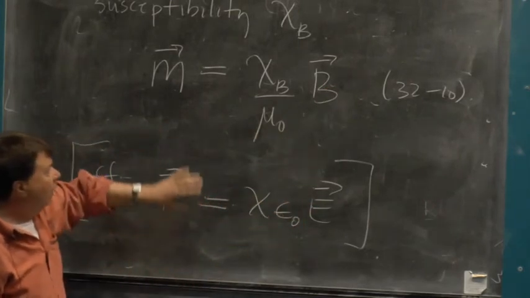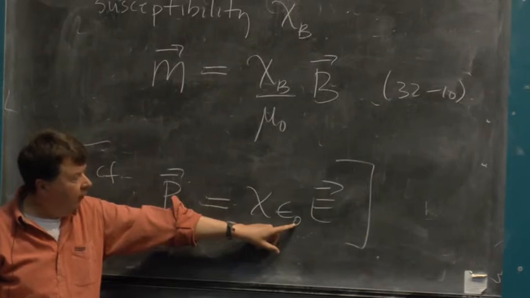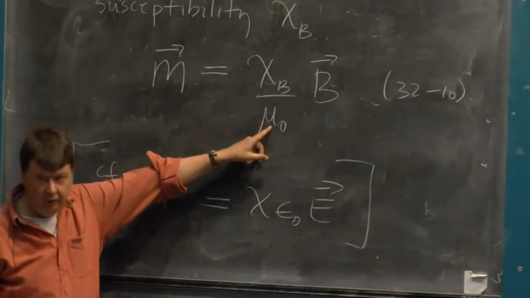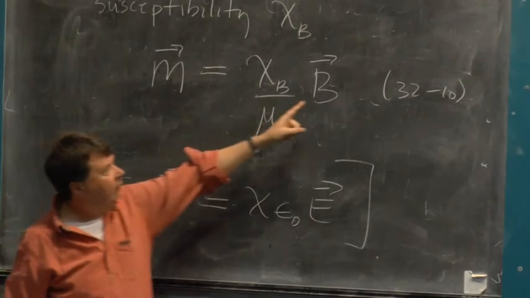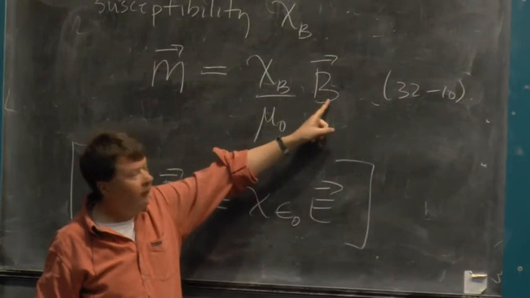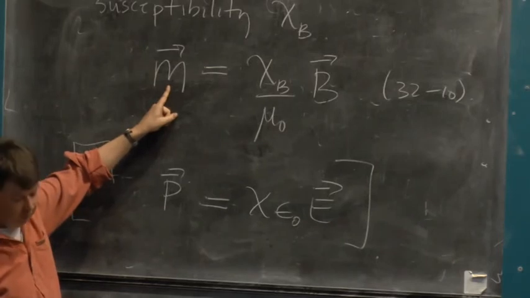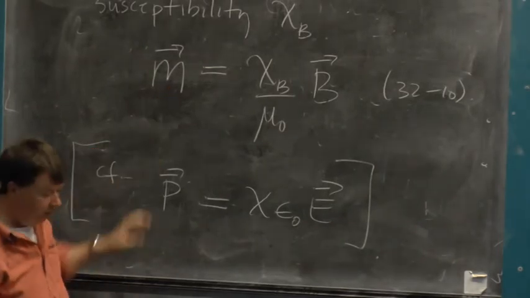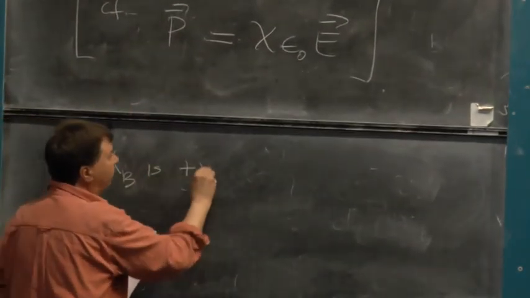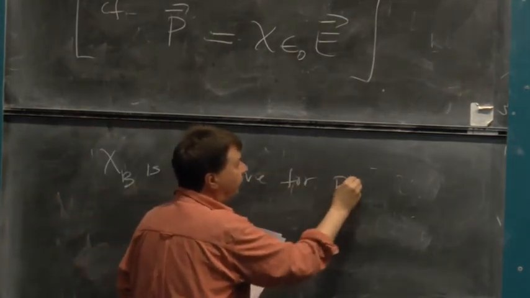And you'll see again, rather unfortunately, just like the epsilon naught got absorbed into the definition of polarization, the mu naught got absorbed into the definition of magnetization. So this and this don't have the same units. So again, it's an awkward and messy field. The B field is in Tesla, as we know, and I'll come to this tomorrow. This magnetization field is in amps per meter. Now, chi B is positive, let's write the word out in full, positive for paramagnets,